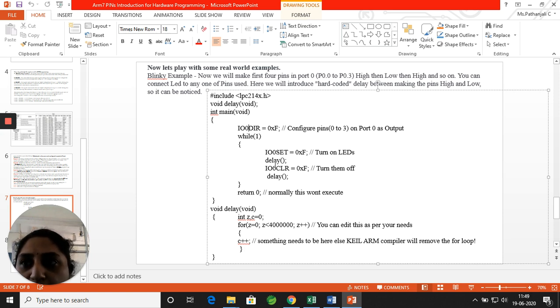Then I am going to turn off your LEDs. To turn off the LEDs, whatever I have set, I have to reset again with this value. So when I do this, it will be off for some seconds and then it will come out. This keeps on repeating because I have put it in a while loop which is always true. This keeps on going until an external event turns off your operations.